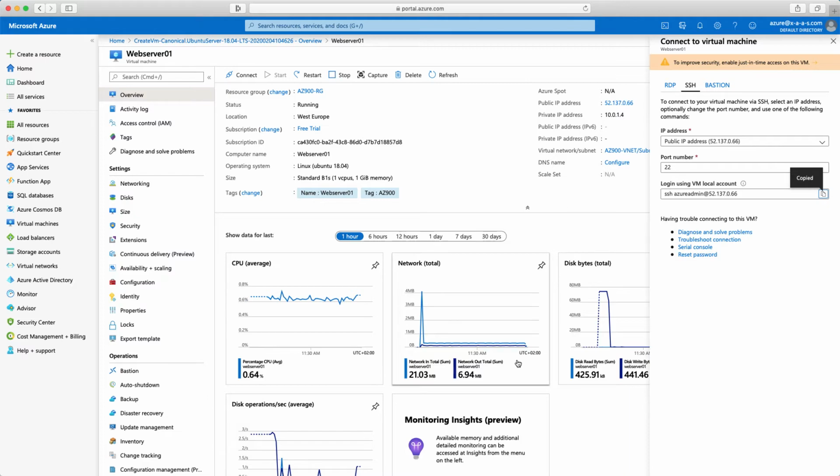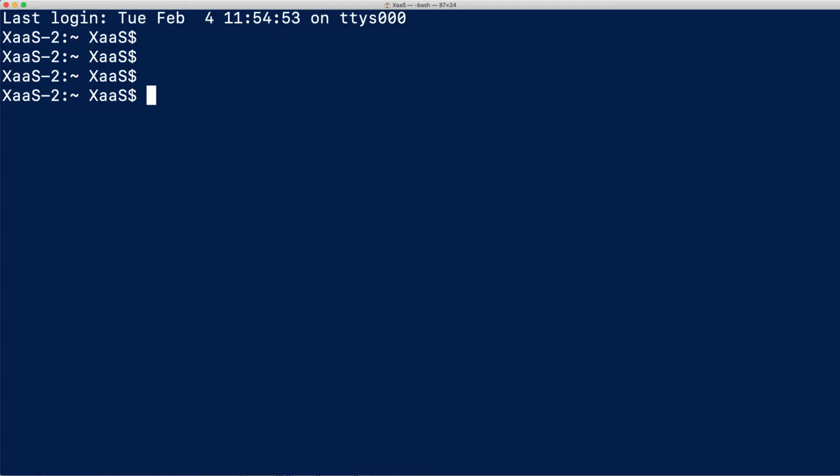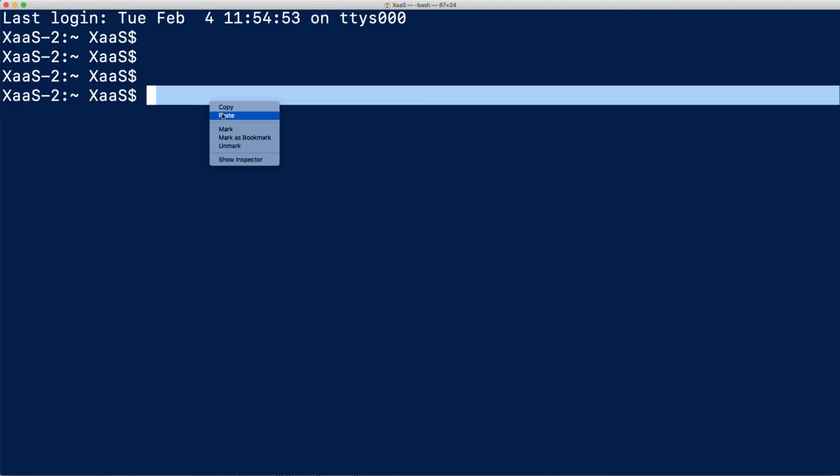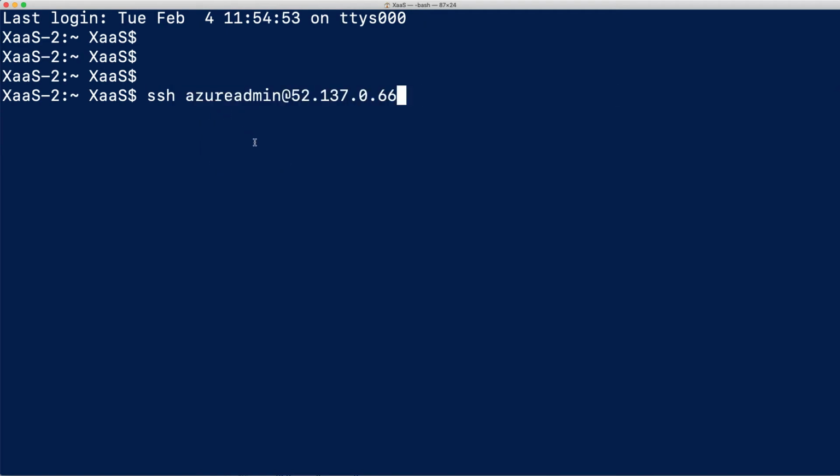Now let's open the terminal app on your Mac, and if you just type terminal in the search bar, you're good to go. Just hit enter, and there you go. So maybe you haven't used the terminal app up to now, that's why I wanted to briefly introduce this one. So right click and then paste, and here is the command: SSH azureadmin and then the public IP